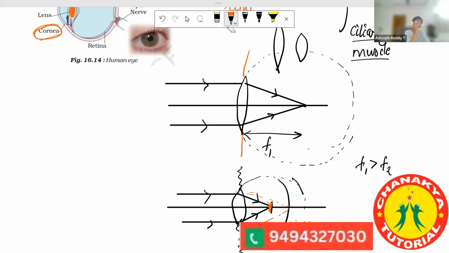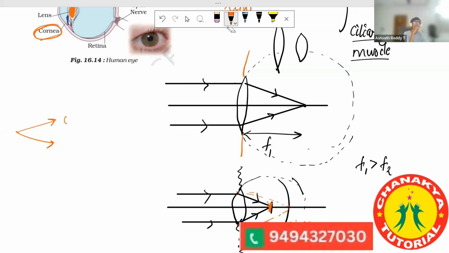Sir, in the diagram, it's reaching only until that point. It's not reaching the retina, right? No, wait. Right now I'm telling you why people face problems of eyesight. Why they have problems reading anything close and that will appear blur, or why they are not able to read what is far. There are two situations when people cannot see.